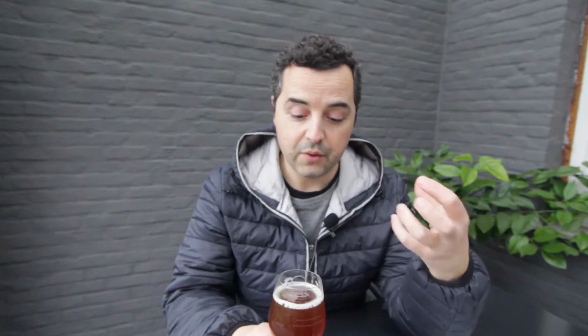But it works. I think I would prefer some things less attenuation, more sugar, more maltiness, less IBUs, but that was my mistake. Anyway,